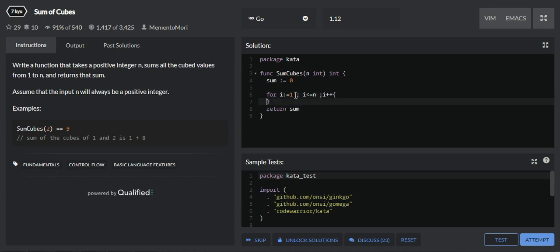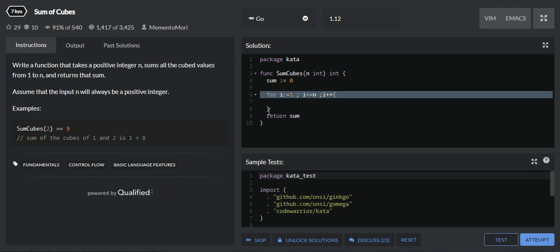Here I am taking i equal to 1 because they have already mentioned the sum of cubed values from 1 to n. So if i is equal to 1, then I can calculate from 1 up to n. So I am using less than or equal to n.